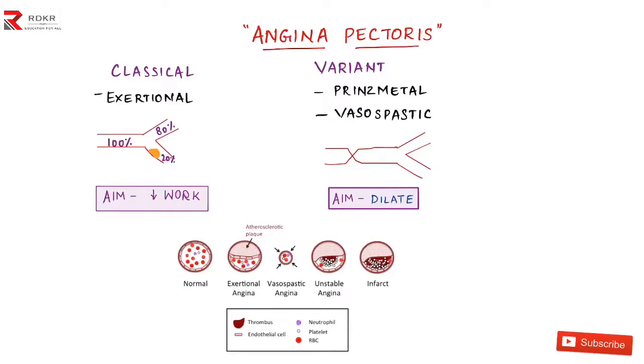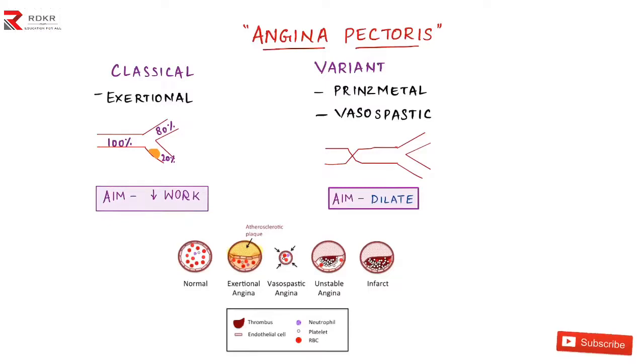To be more clear, you can see the image on the screen. The normal blood vessel looks like this. Here in the normal vessel it has a good diameter and a good endothelium, etc. But when you compare with the classical or exertional variant, due to the formation of this atherosclerotic plaque, there is a lesser diameter of the vessel. So very less blood will be flowing, and this increases pressure on the lateral side of the vessels. This is the main problem in the classical variant.